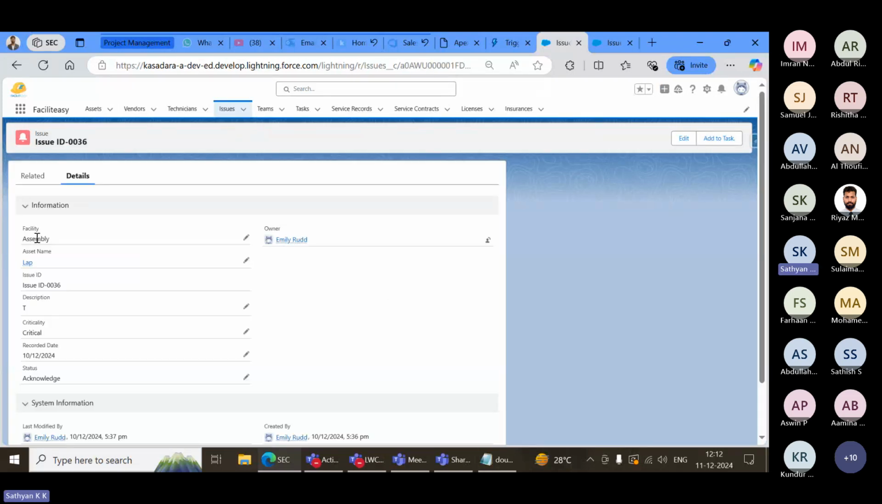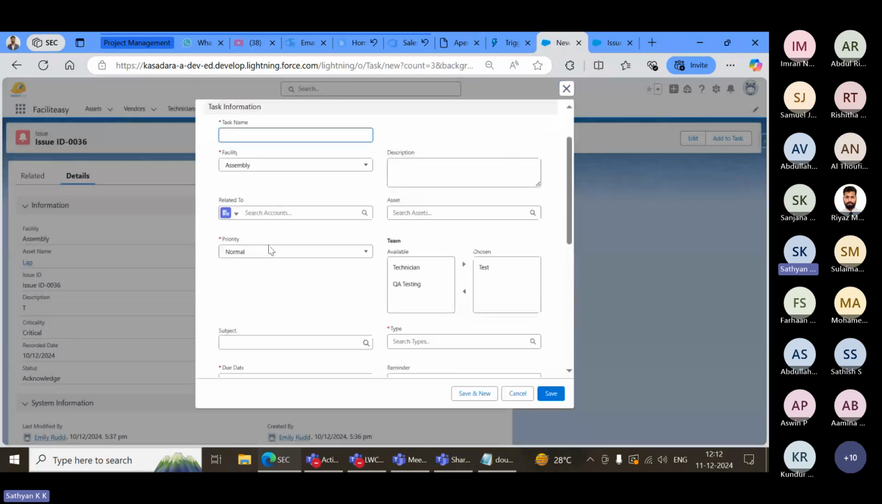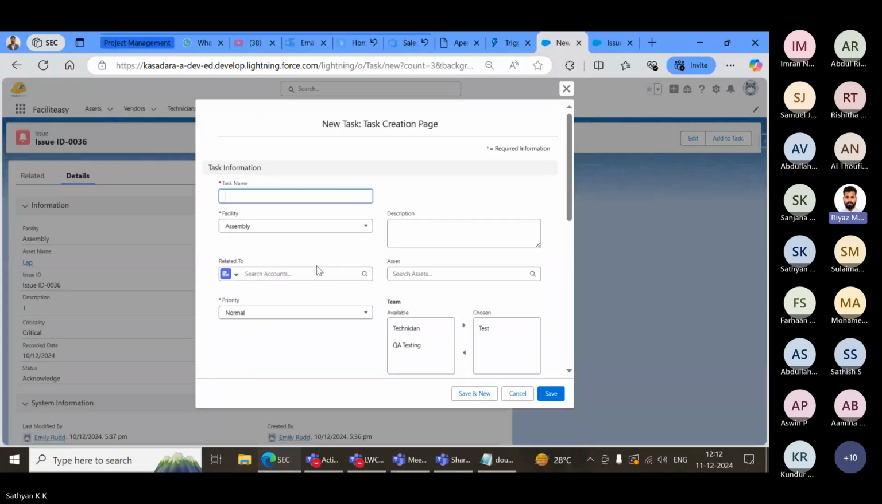Here the facility is assembly, sir. And when I click the add to task, the facility shows the same assembly. Okay. I have no idea how that is happening. But